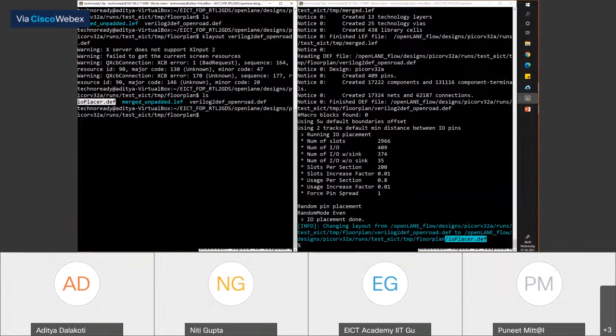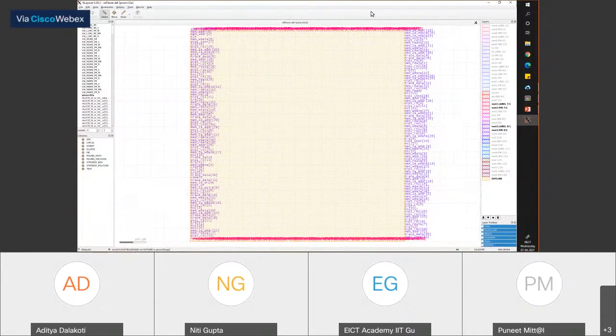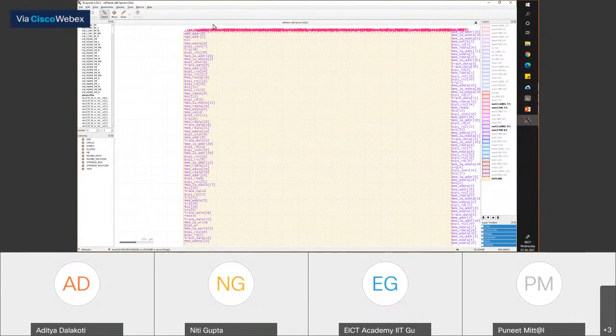I'll wait for 5 minutes for people to catch up and run this place IO and observe its effects. I'll open it on my side as well. For me, I am getting something like this. I have all these IOs which have been placed at the boundary.